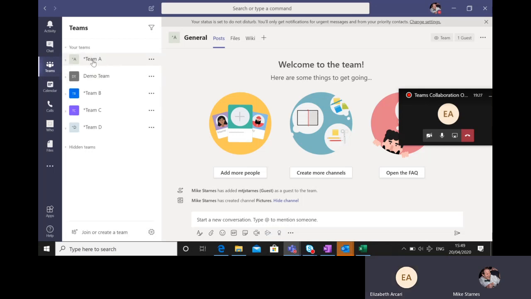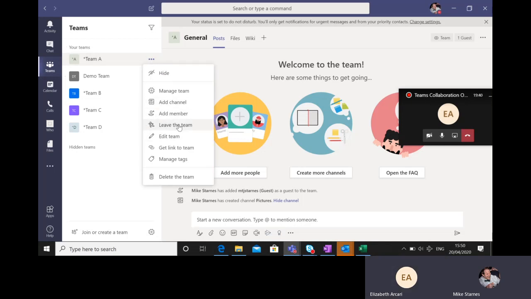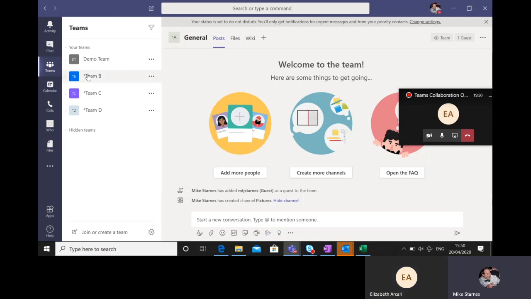You have the option once you're done with it to, let's say it's a temporary team, relating to, I don't know, a team social or something like that. You have the ability to get rid of the team altogether. You can leave a team. Let's say you're kind of done with collaborating with that group. You can leave the team. You can delete the team, or you can hide the team. So if I go ahead and hide